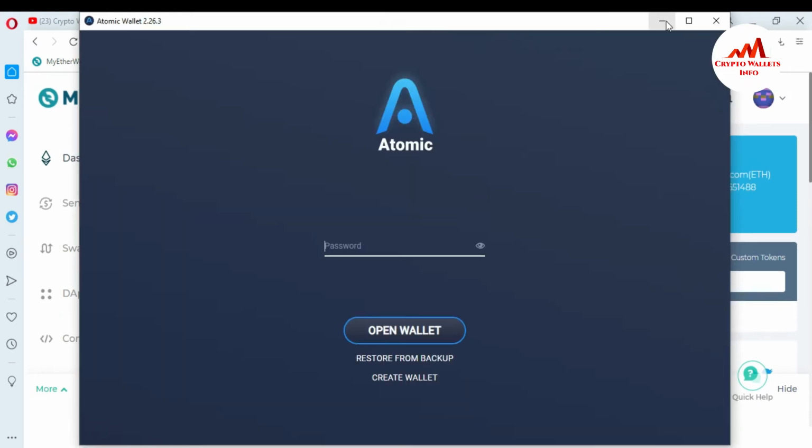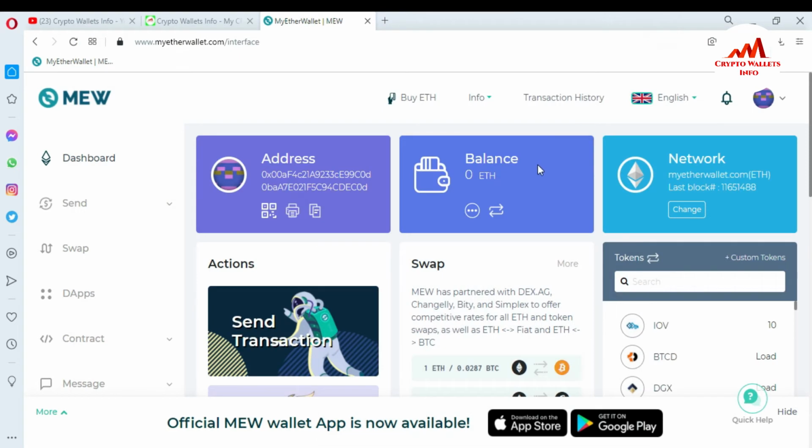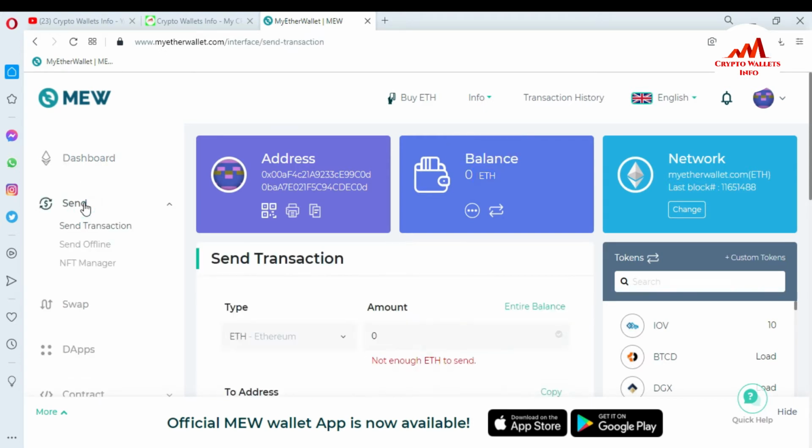I have also opened my Atomic wallet, because today I'm going to show you how you can get the address, where you can paste it, and how to send the money from your Ether wallet to another wallet. So let's suppose you have a balance of 1 Ether in this portion and you want to transfer, withdraw or send money from your Ether wallet to another wallet. You can see here on your left side, the second option is Send. I already gave information on deposit, but this video is only about transferring money.